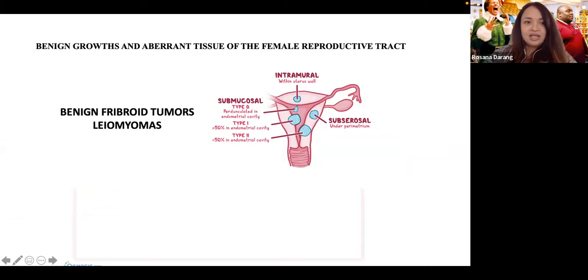Okay. Next, what we have here are benign growths in the uterus. This is quite common. So we have here benign fibroid. Please correct the typo right there. It's fibroid, okay? Also known as leiomyomas, because myo means muscle, oma means tumor, and leio means smooth. Okay? The picture right here shows you the different locations of a leiomyoma. It could be found within the uterine wall, we call it intramural, subserosal, and the more common one is submucosal, so under the